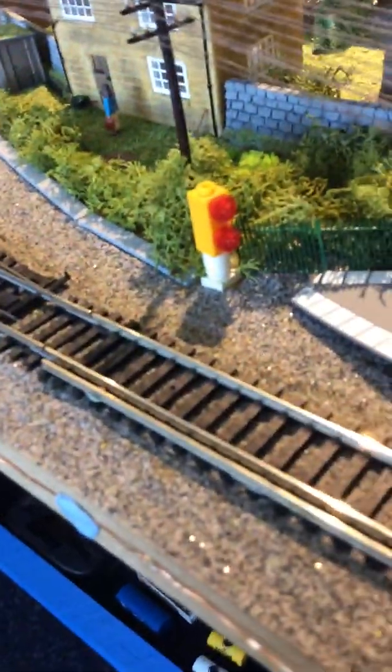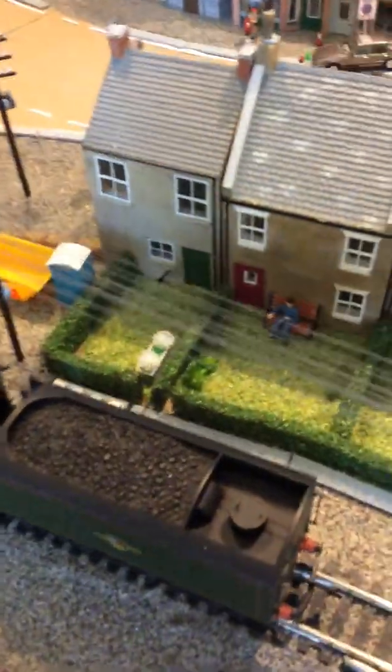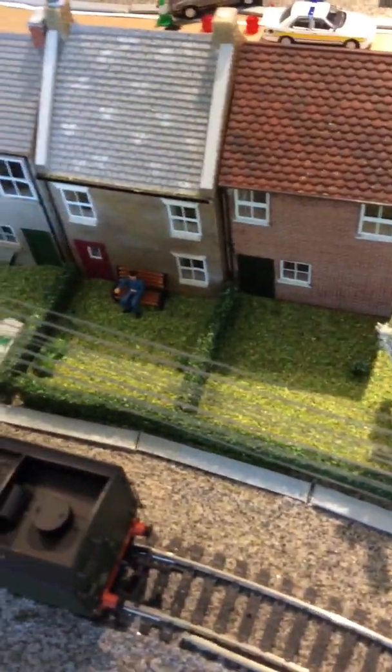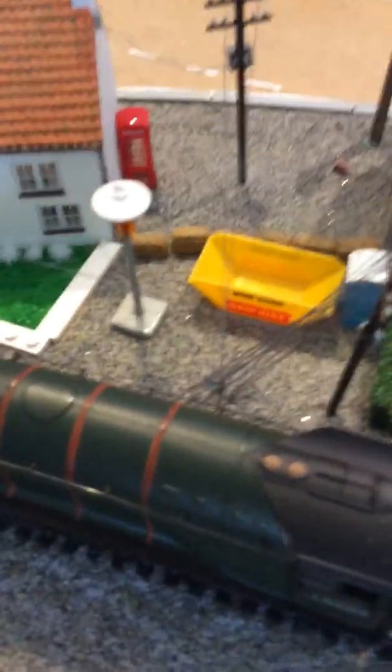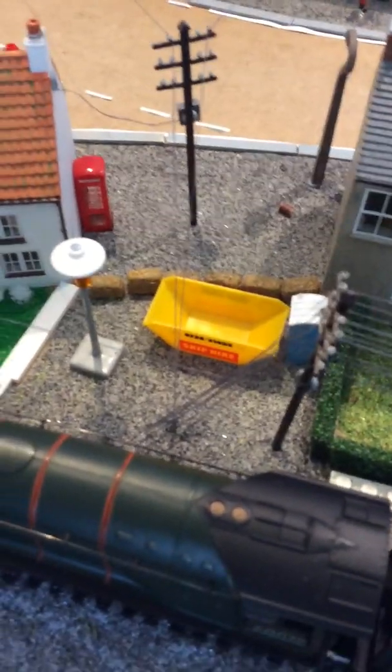Anyway, you can see a couple of signals. A few points in this layout, I've actually put some Lego objects, and I don't know why I've done that, but I just do mix Lego and Hornby sometimes. As you can see, there's a shed in the back garden. Then we have some nice neat hedgerows with some nice trees. And we have a few cabbage plants, a few benches, a man sitting on the bench outside that one. And then coming along we have a portable toilet, a skip, another street light, a phone box,